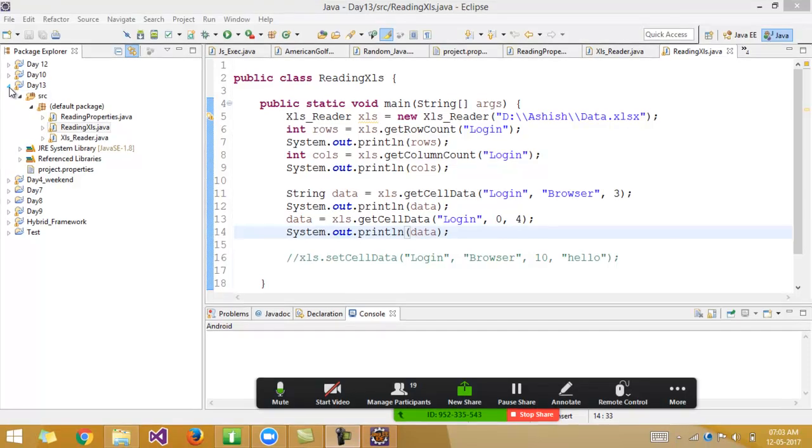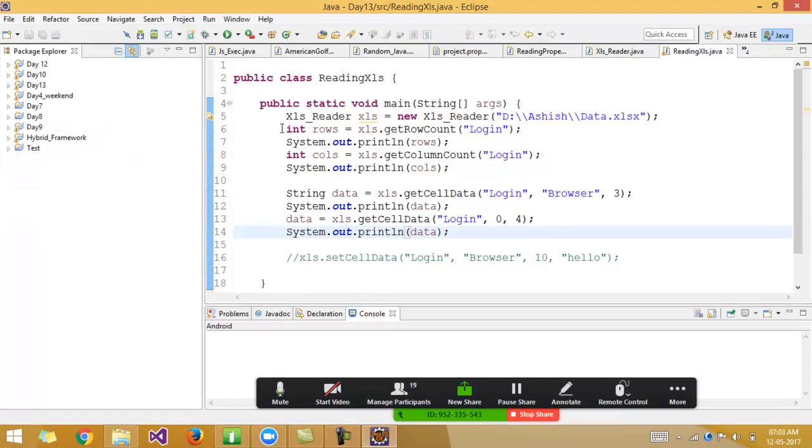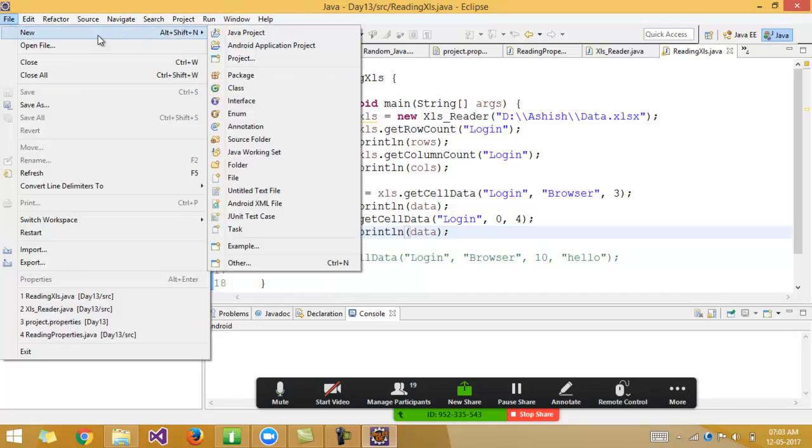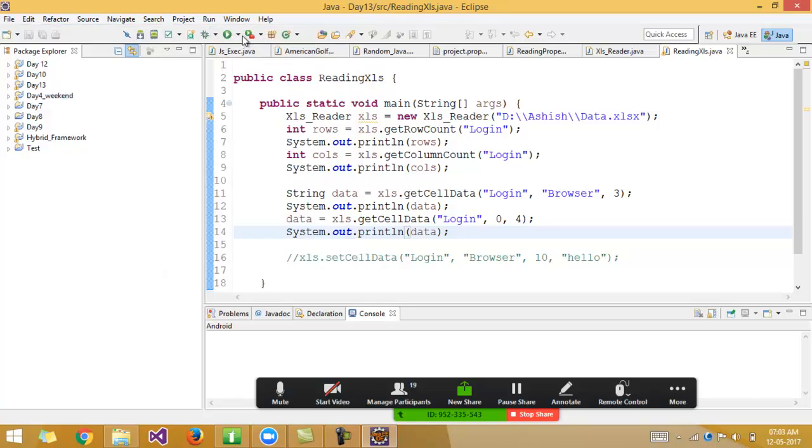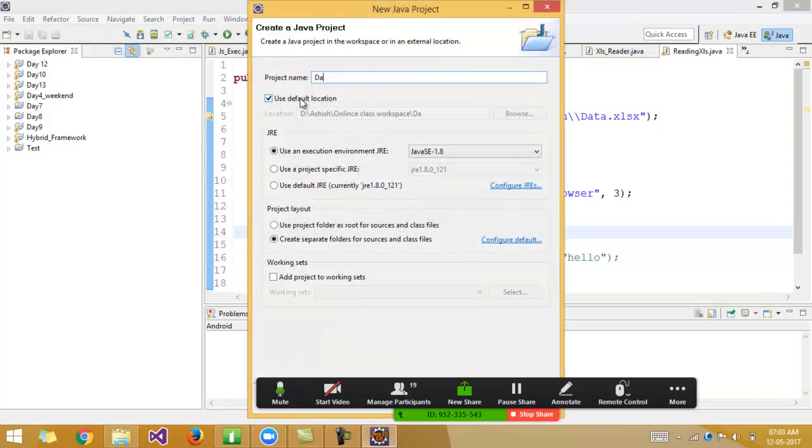TestNG is a plugin in Eclipse which you can add, and it can help you to write test cases and report generation and everything. It can help you out. Okay, so I'll just create a new Java project today, day 14, and